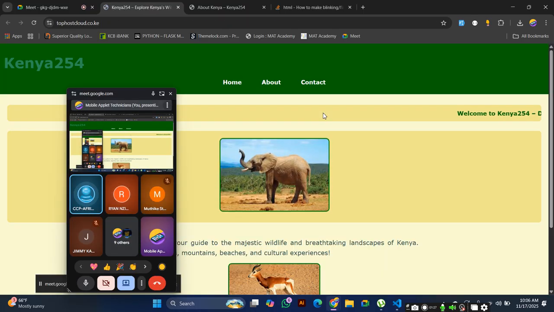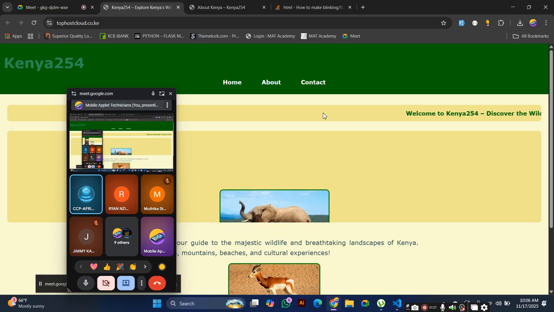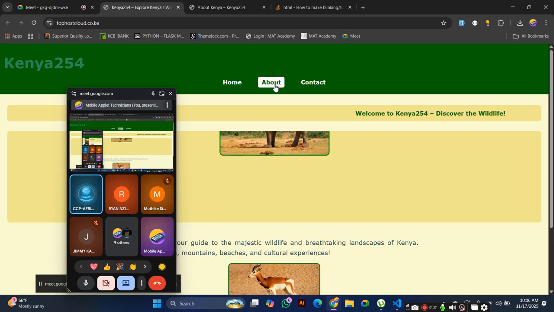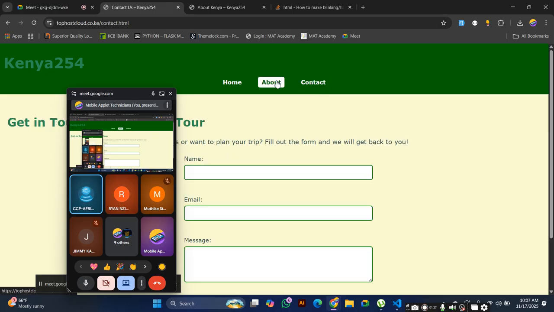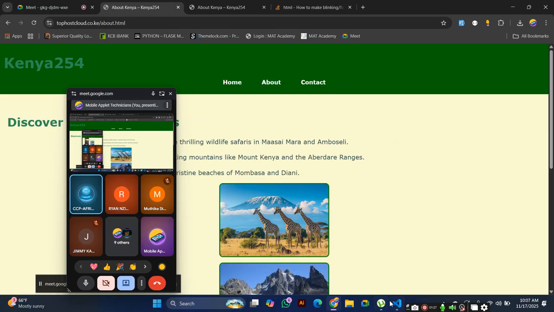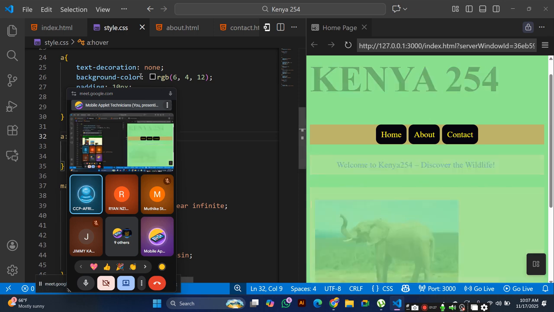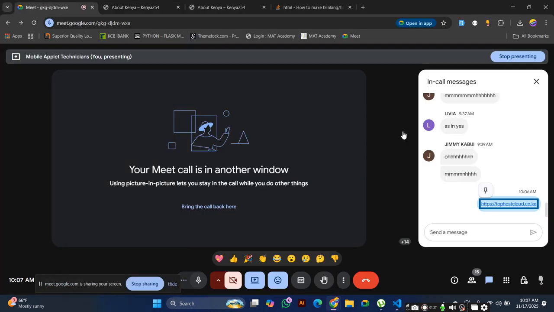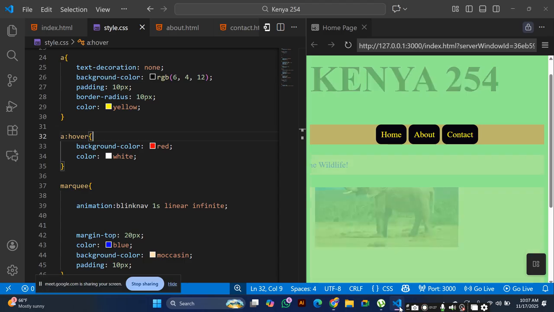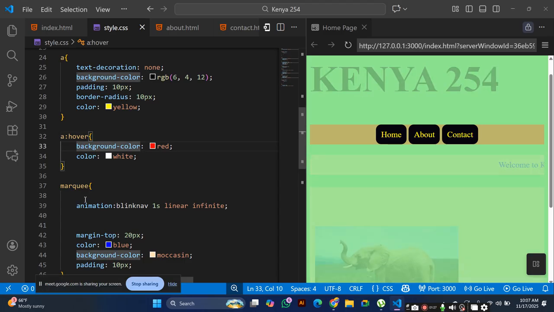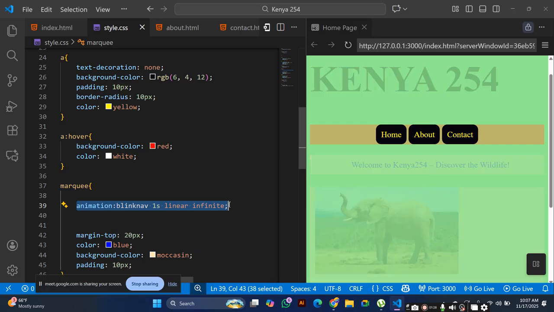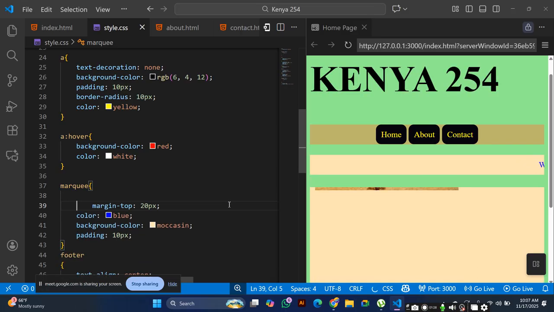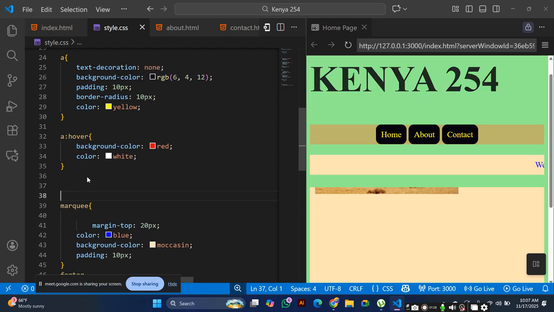Excuse me, teacher. I want to make only the image blink, but not the marquee. How can I do it? Then you go to the image. You just go to the IMG. So don't put this animation inside marquee. Put it inside IMG.